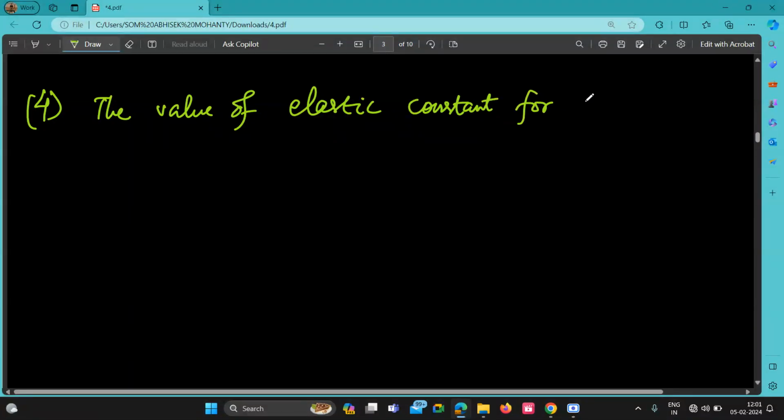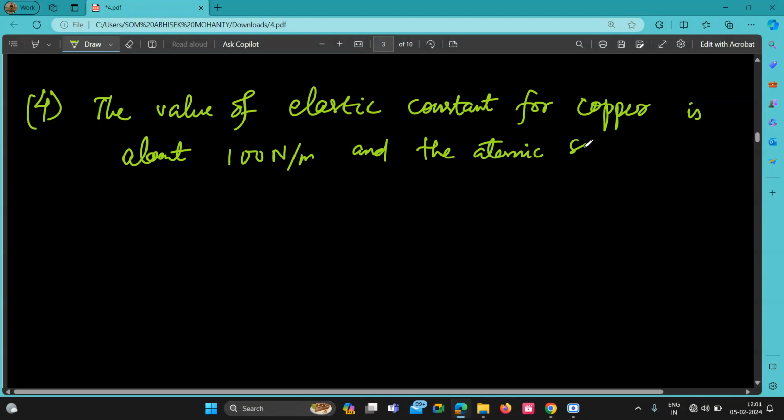Question number 4. The value of elastic constant for copper is about 100 Newton per meter, and the atomic spacing is 0.256 nanometer. What is the amplitude of the vibration